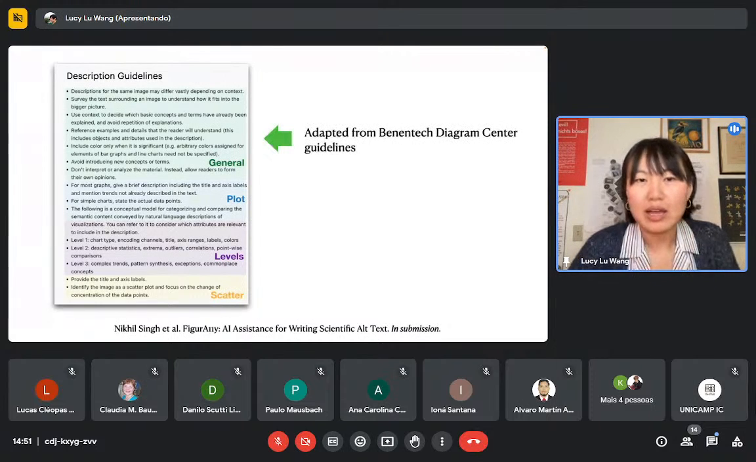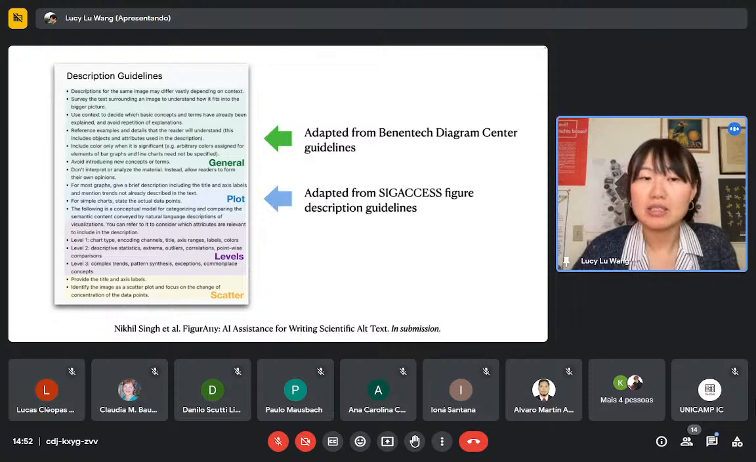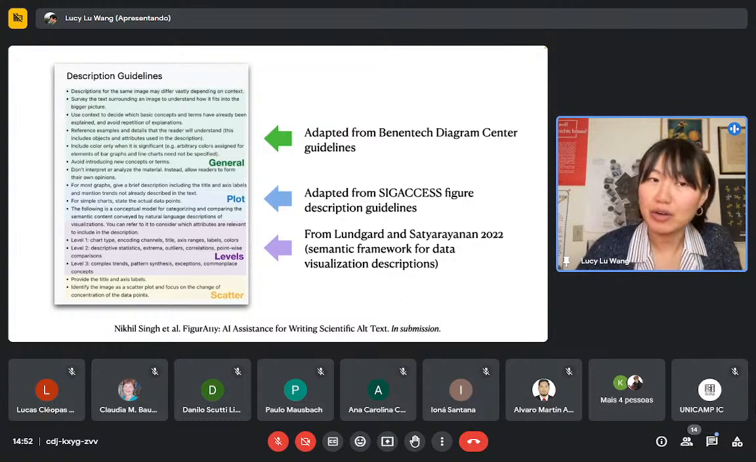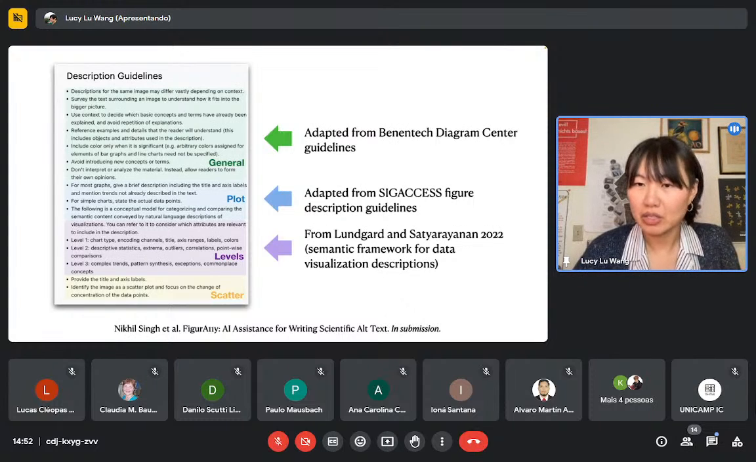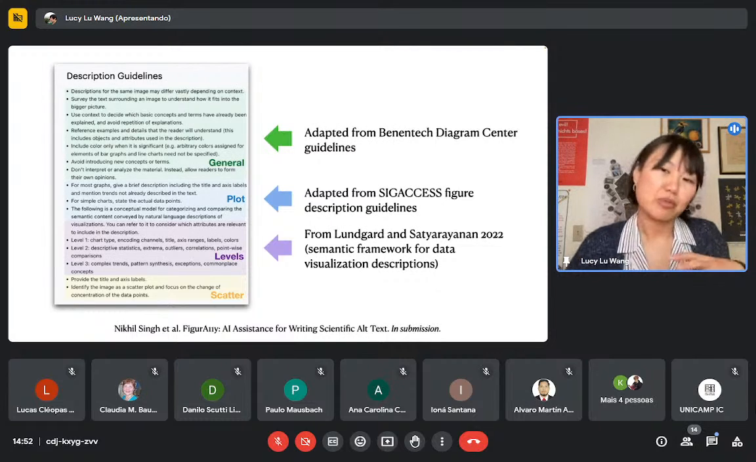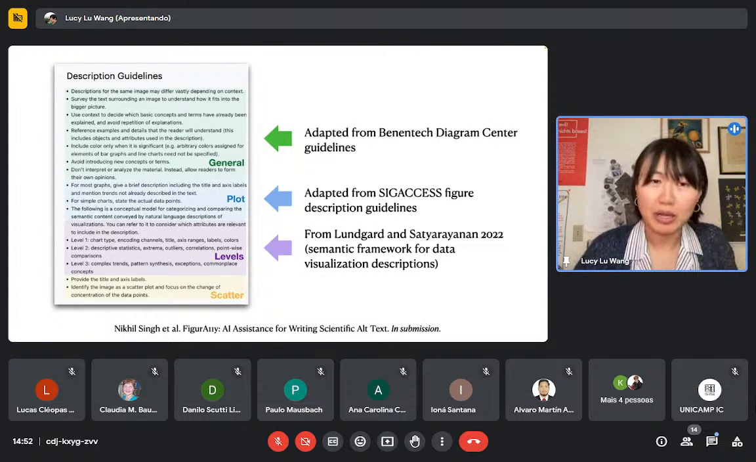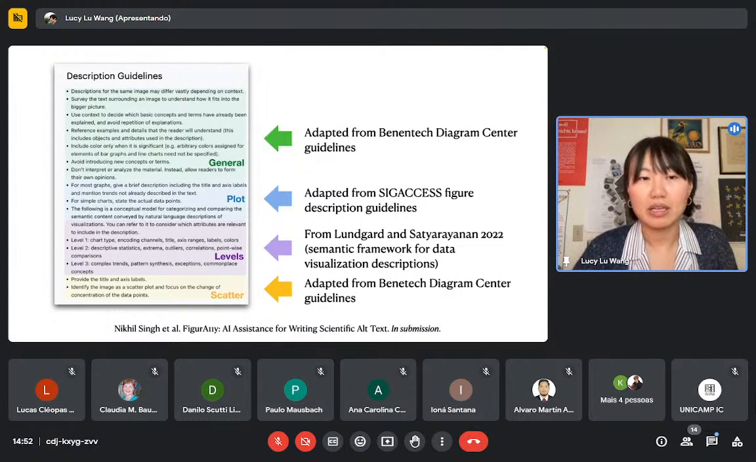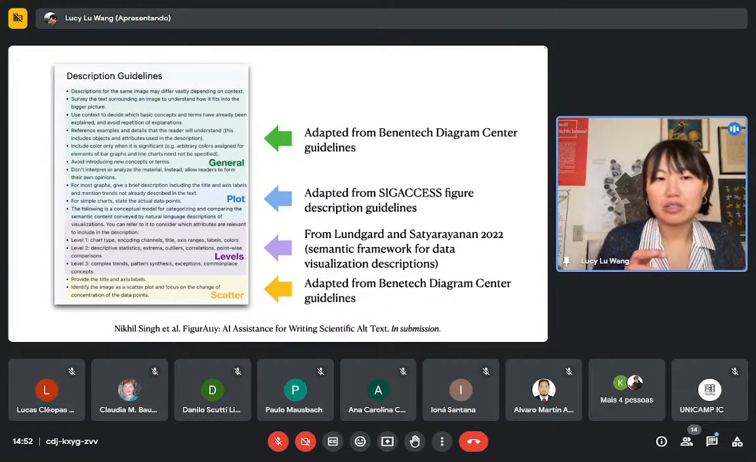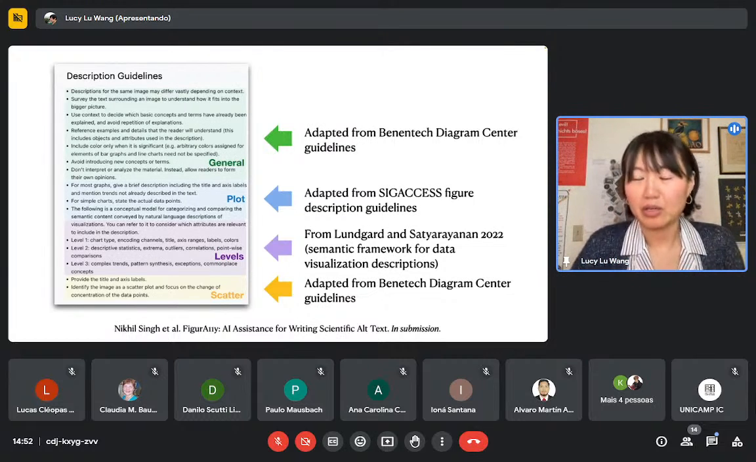These guidelines, we have some general guidelines which we adapted from the Diagram Center, which are always included in the large language model prompt. If a figure is a plot, we include plot description guidelines from SIG Access, as well as the semantic level framework defined by Lundgaard and Satyarayanan. And finally, for each type of plot, for example, if it's a scatter plot or line plot or box plot, we append a corresponding scatter plot guideline from the Diagram Center. So all of these relevant guidelines for each figure are included in the prompt for that figure when generating alt